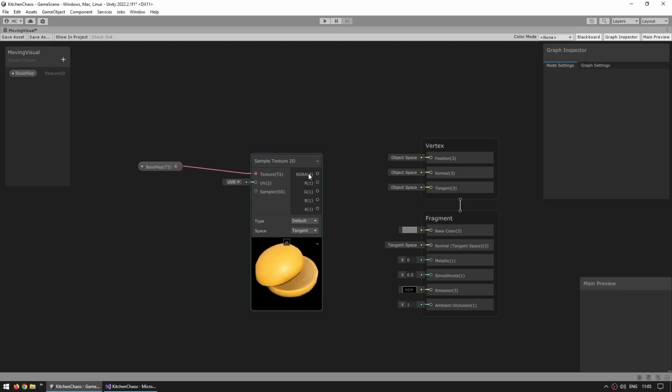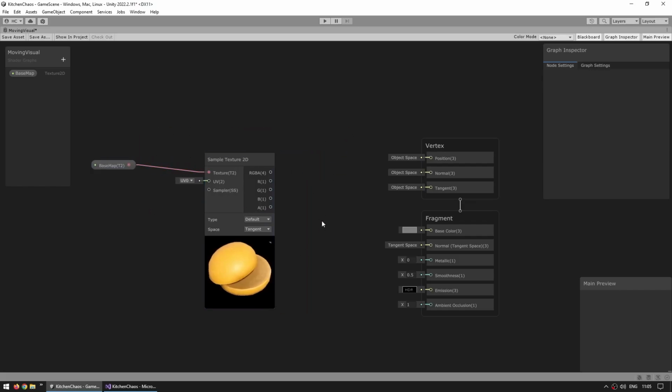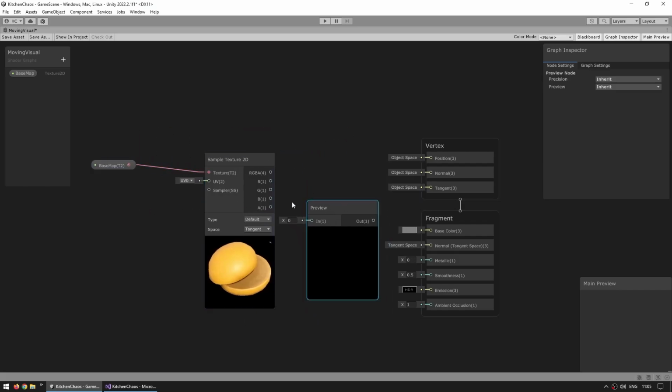And actually, one very useful node is the preview node, since so many things in Shader Graph can be hard to visualize. So we can move these nodes around, and let's add the preview node. And this does exactly that, so you can feed it an input, and you can see down here what that input contains. So for example, let's drag just the red channel, and there you go, over there we can see the red channel for this texture. We can drag the green channel, the blue channel, or look at the alpha channel. Yep, there you go, it does work. So this preview